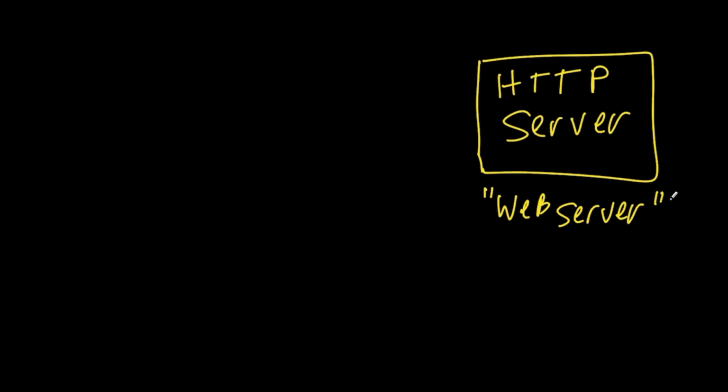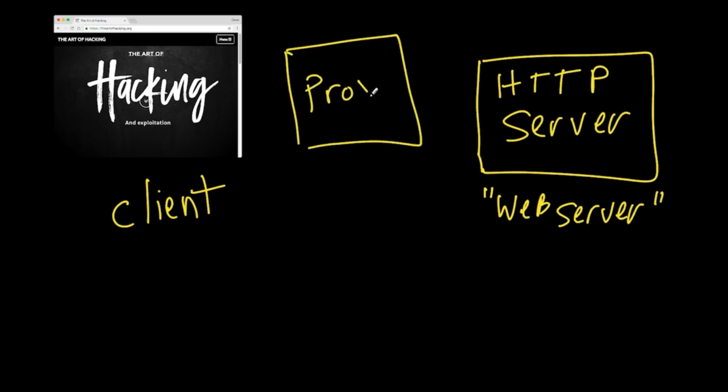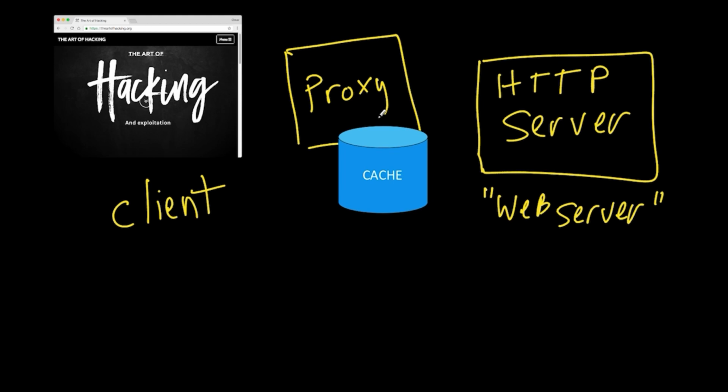Also, the other concept that I want to refer to, to make sure that you have a good taxonomy, is whenever we refer to an HTTP client. Whenever we talk about an HTTP client, we're talking about browsers, proxies, API clients, and any other custom HTTP client programs. Now, HTTP proxies can act both as a server and also as a client, making requests to web servers on behalf of other clients. Proxies enable HTTP transfers across firewalls, and they also provide support for caching of HTTP messages and also